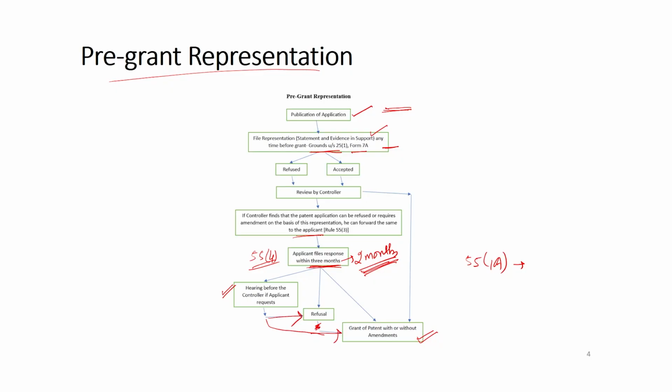So, therefore, anybody is allowed to raise an objection so as to help the controller in coming to a right decision as regards granting or refusing to grant patent. So, it is a mechanism to assist patent office. It is not essentially a matter between the applicant of patent and the person who is opposing. It is not between them inter se. It is a matter where the person raising the opposition is actually helping the patent office. And therefore, it is not called technically as opposition, it is called as a representation which I make to the